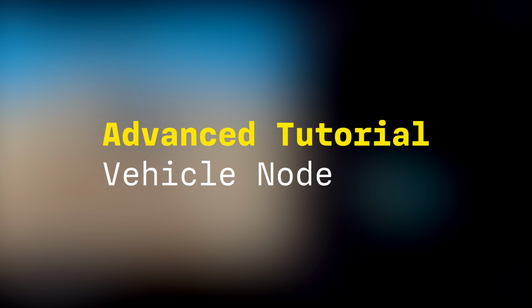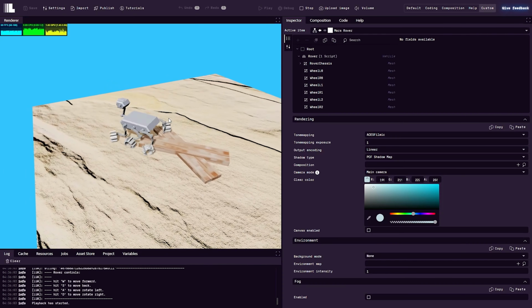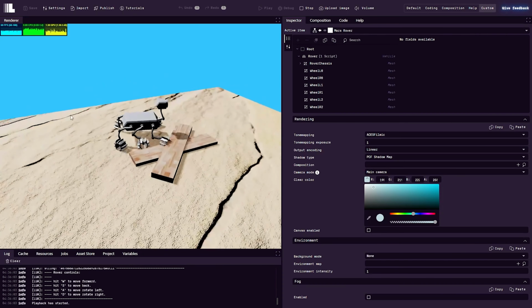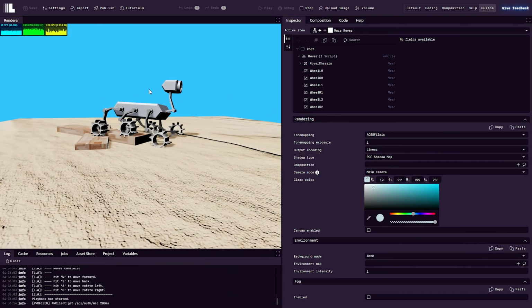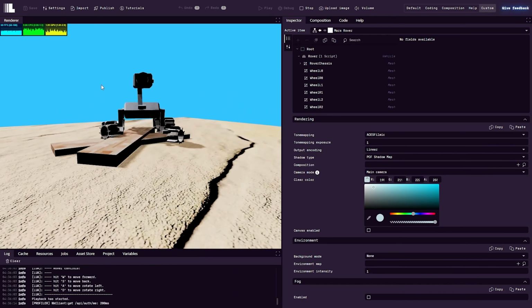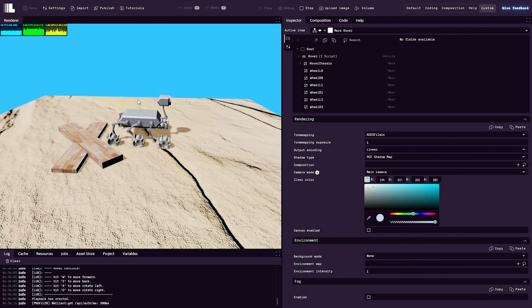Hello, this is Klaus from Lemonade, and today I'm going to show you how I use the vehicle scene graph node in Lemonade to realize the Mars Rover from the game Mars Lags. For that, we're going to look at the general scene graph setup, then we're going to go through how the individual nodes are configured, and last we're going to look at some code to see how the rig is operated